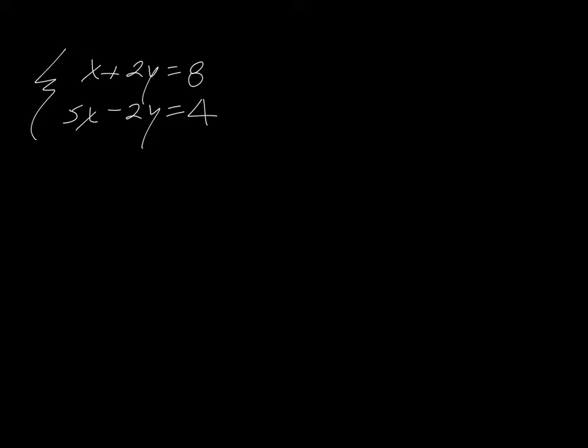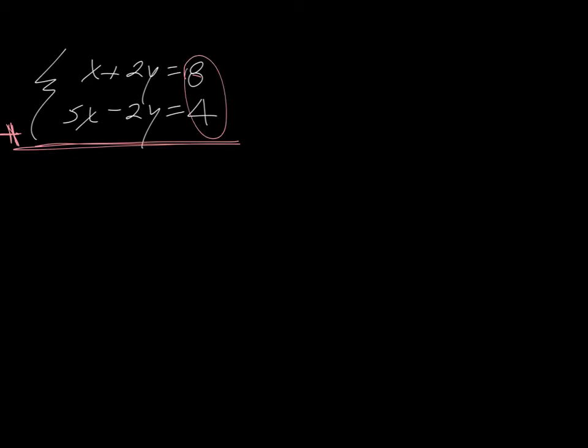Alright, so notice what we've got here. We have a system of equations where we don't have one of them saying x equals a number or y equals a number. Yeah, we can make this into x equals -2y plus 8 and then take that and substitute. But sometimes that's even harder or more of a pain in the neck than another method called elimination. Alright, what elimination says is, if we draw a line under here